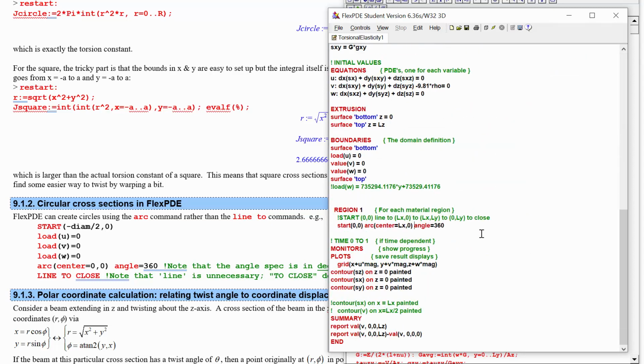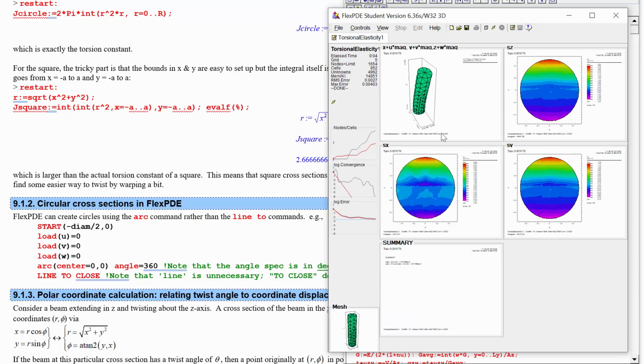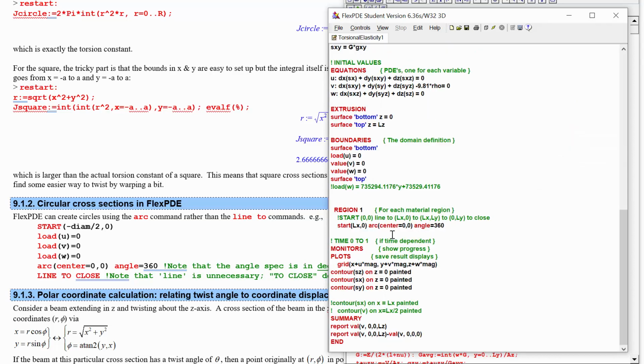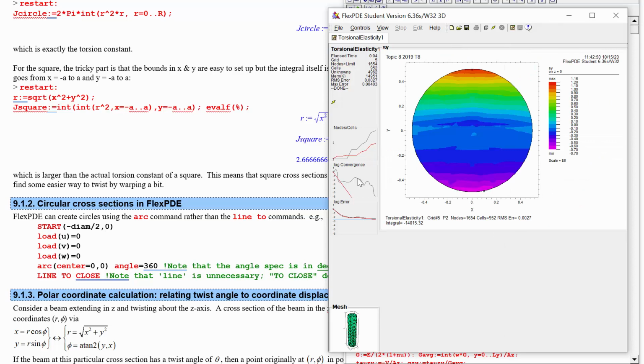We could start it at LX, 0 and then make an arc with a center of 0, 0, and this should be exactly the same thing. This one is centered at 0, 0, of course, because we put center at 0, 0. It still makes the same shape, but now the graph is centered in X. We started at this point, and then we said do an arc with a center of 0, 0,